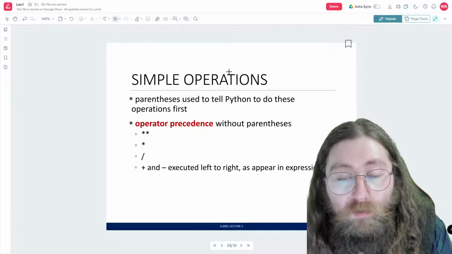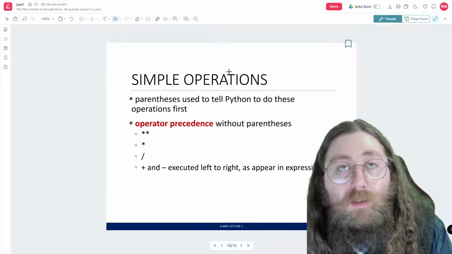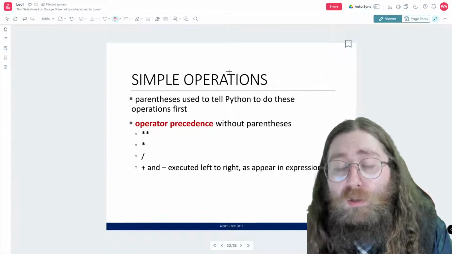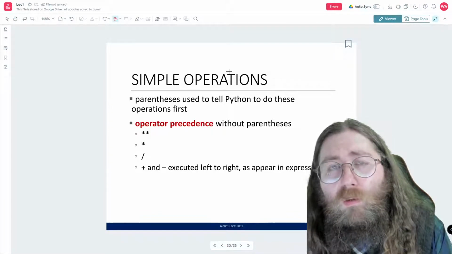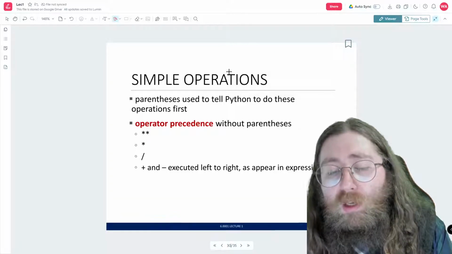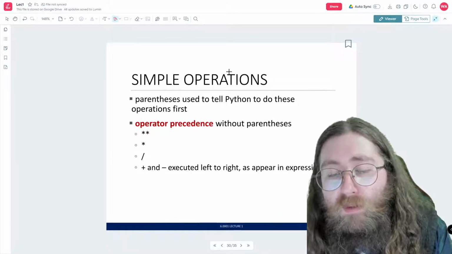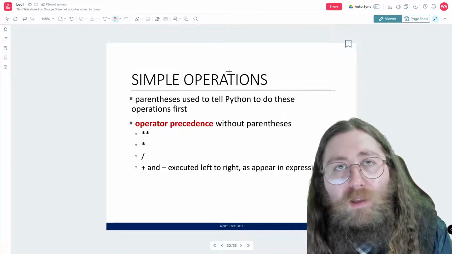So Python also recognizes parentheses, and it's probably a lot better at parentheses than most people are. So if you're struggling with the way your code is working and you think it could be parentheses, yeah, Python might be catching something that you're not.